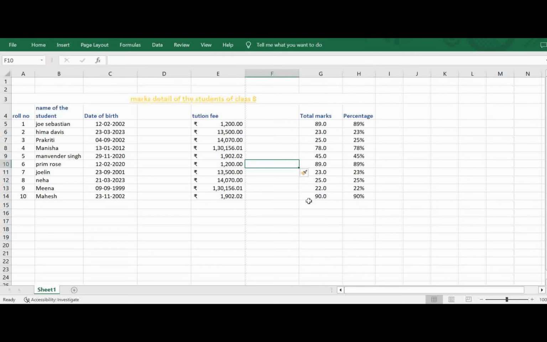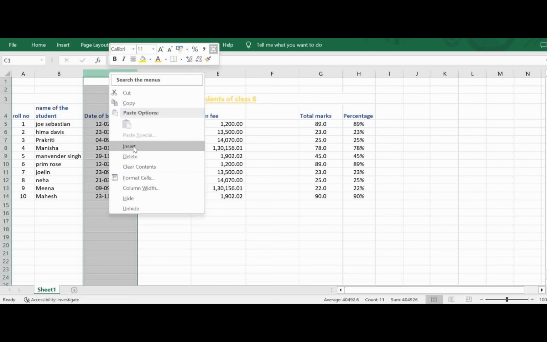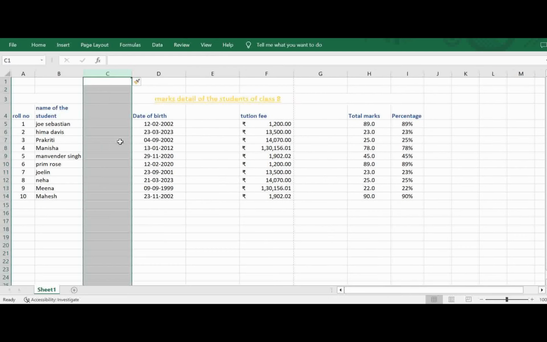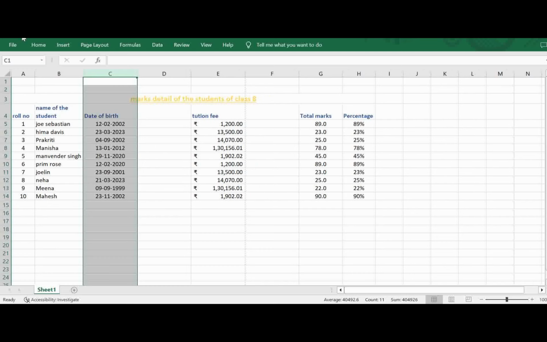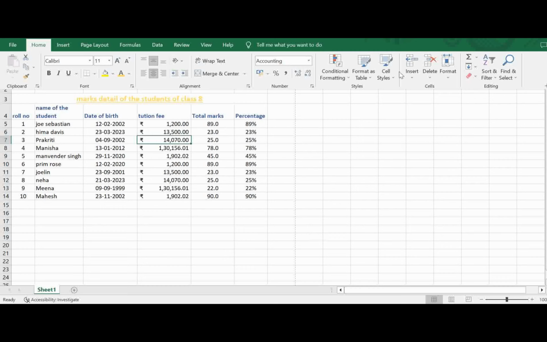We had seen other ways of inserting a column, that is, select the entire column, right click, and choose Insert. Even in this case, a column gets inserted right before the column you have selected. So these are different ways in which you can insert columns wherever required. After you design a table and you would like to add a column, you may insert one. Now let us see the other options available with respect to Insert.